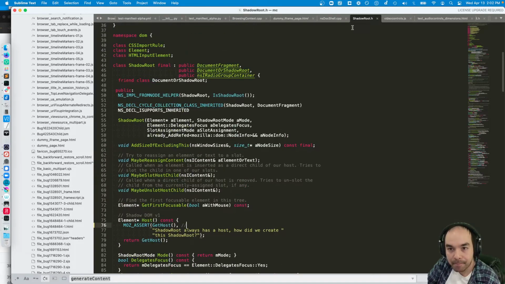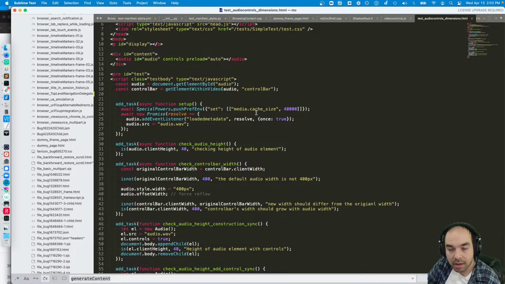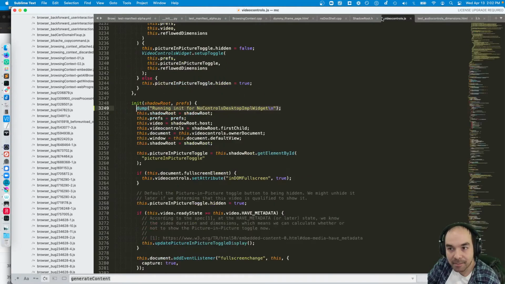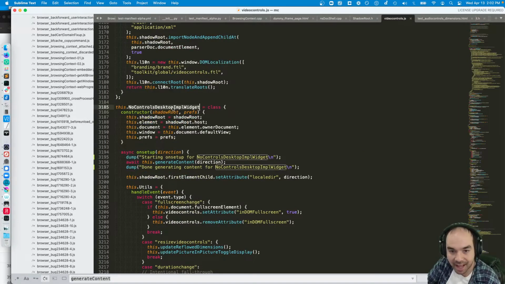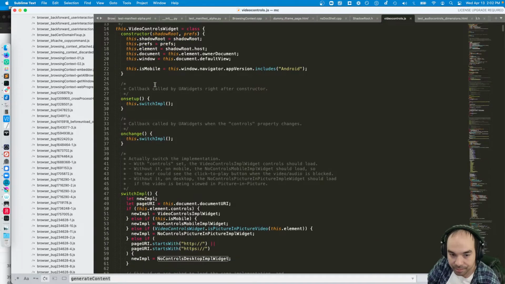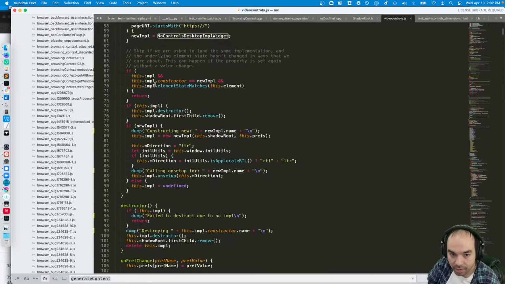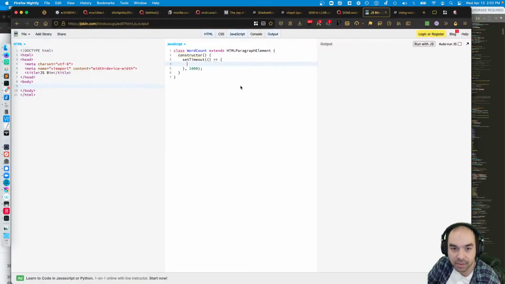I'll bet it's a matter of this binding thing, this instance of a class outliving the DOM node. Widget. And you pass the shadow root out of it. Okay, so